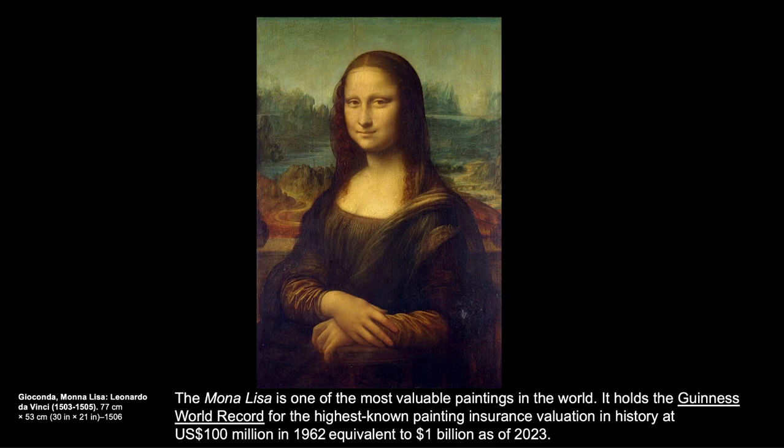If you go and look at the readings, it holds the Guinness Book of World Records as the highest known painting insurance valuation at a historic 100 million US dollars. That was in 1962. In current day currency, it would be equivalent to $1 billion,